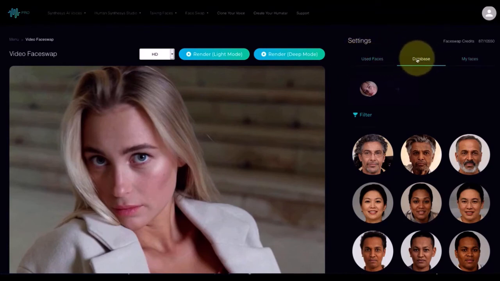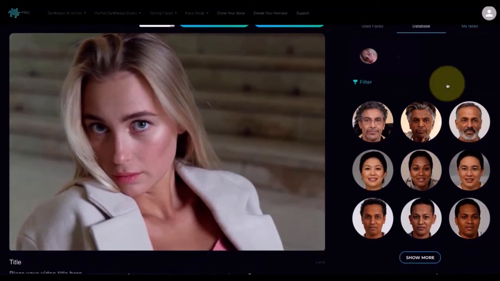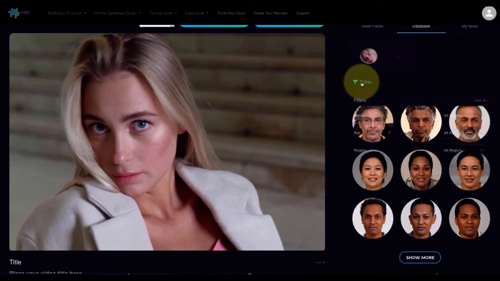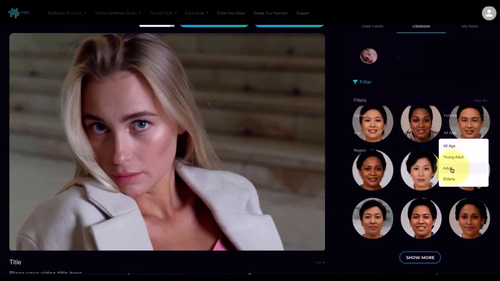The main database, which is what we're going to use now, and my faces, which allows you to actually upload faces that you can merge into whatever video or image that you choose. So in this case, of course, we're doing a video face swap, so we're going to change the video. So let's pick something completely outrageous. Let's go to the filter right here, and then on the right-hand side, it's a little hard to see, but you could pick the gender, female, the age group, adult. You could actually age her, but I'm going to just go with adult, and I'm going to change her to